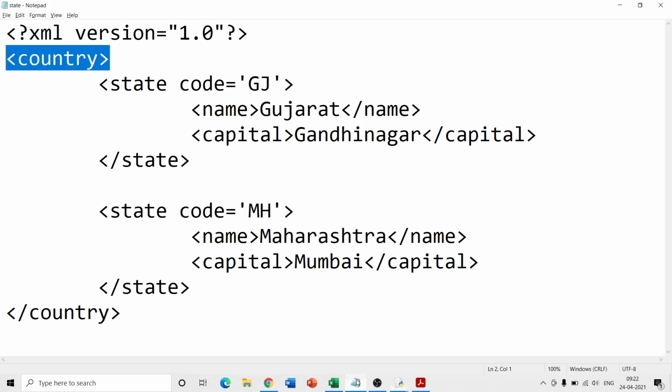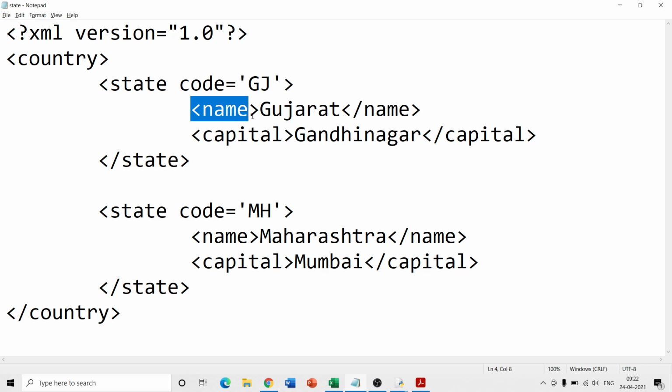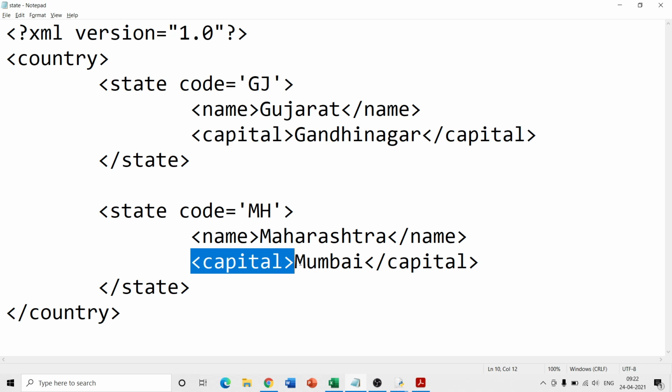Let us try to understand how the parsing works. See, this is the root node, this is root 0 0, this is root 0 1, this is root 1 0, this is root 1 1.